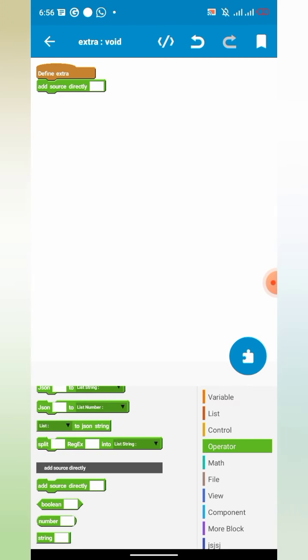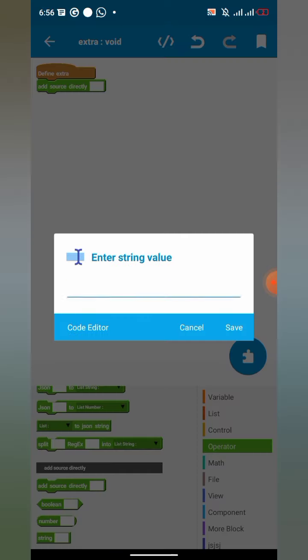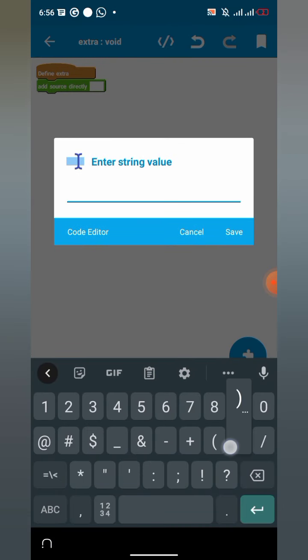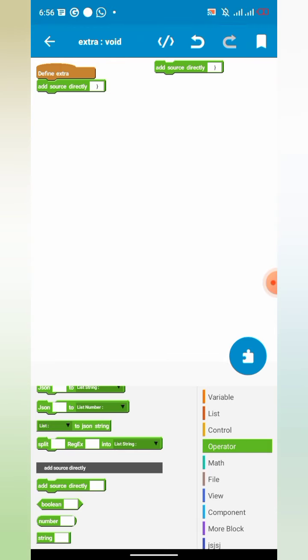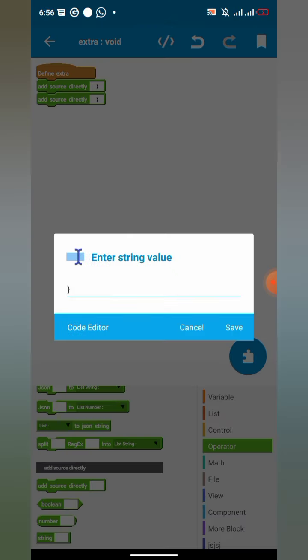This is the first thing we're going to do. We're going to put a curly bracket first. Let's recopy this thing and paste it,